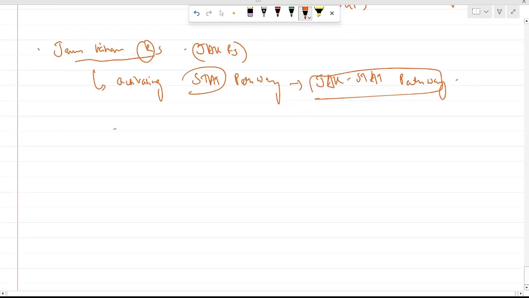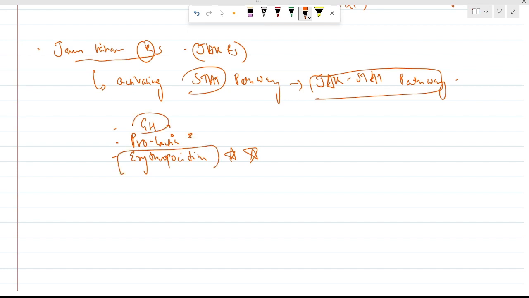Which hormones act through this? The all important growth hormone. Growth hormone actually acts through 4 types of different pathways, but most important here is the JAK STAT pathway. Next one is prolactin. Third one, remember, is erythropoietin. Very important: growth hormone, prolactin and erythropoietin from liver. Erythropoietin, when activated, acts through this Janus kinase pathway.